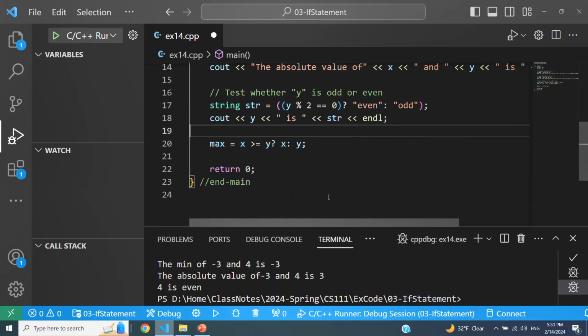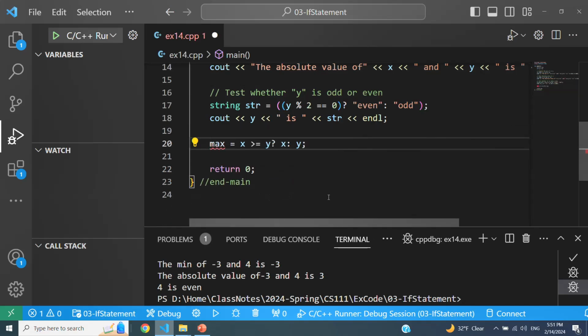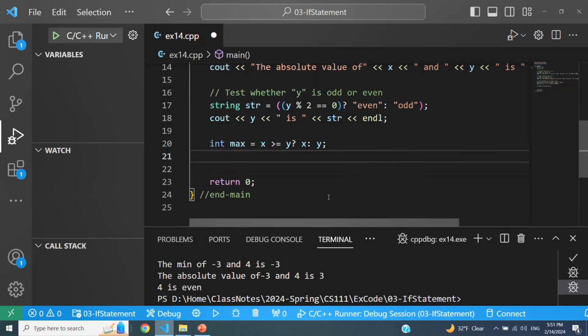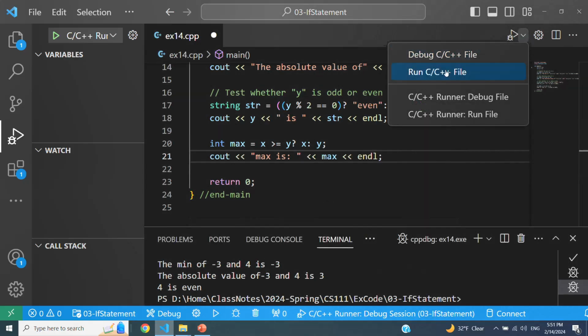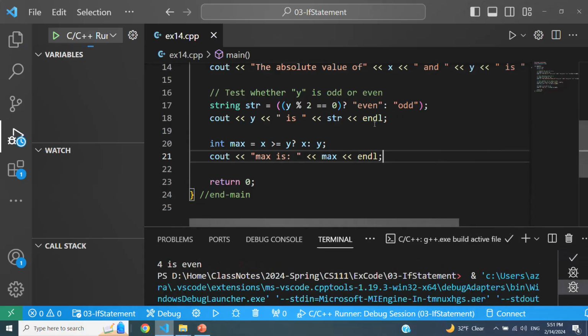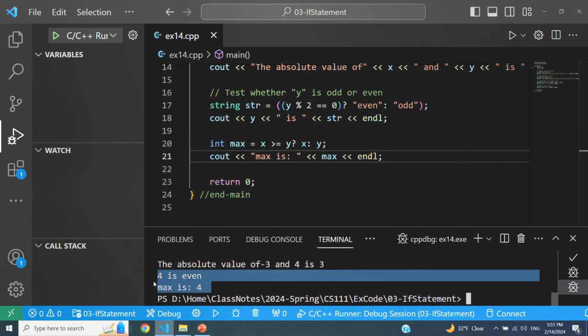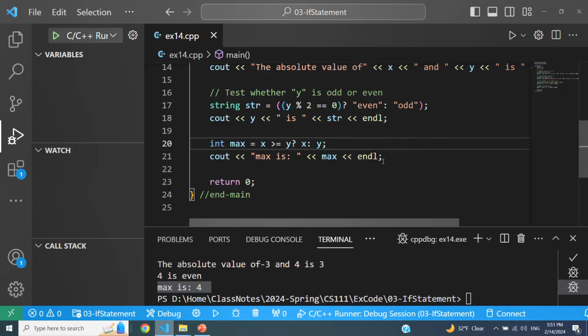So I can now erase everything and make this a single liner like this, and then print the maximum is, just print the maximum. And let me execute this so that you can see maximum of -3 and 4 is 4. As you can see, the maximum is 4. So bottom line, keep in mind that when you have only an if-else statement where you're computing something, try to convert it into a ternary operator like this, which looks a lot cleaner compared to the if-else statement.